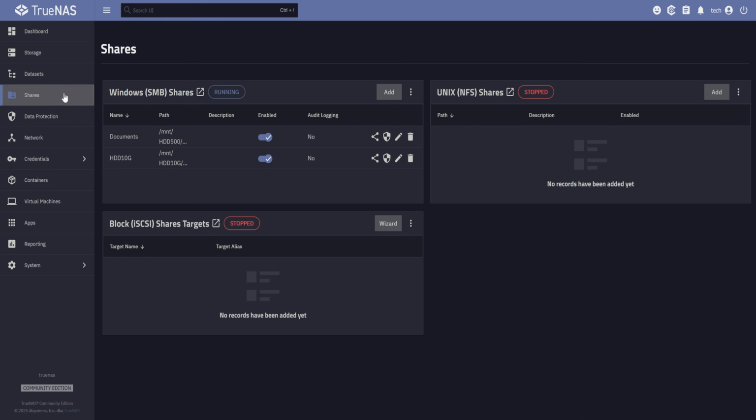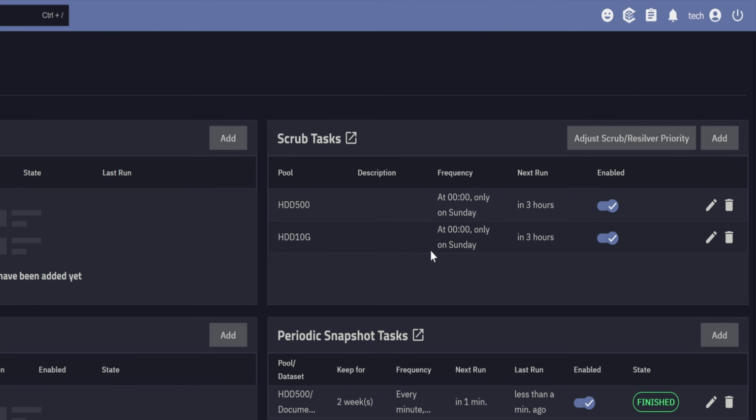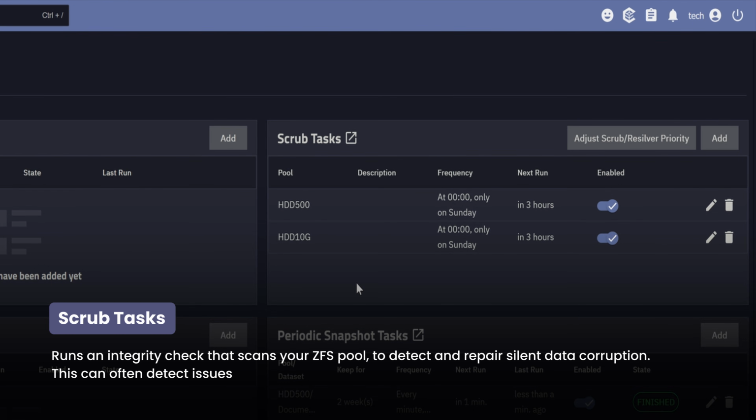Before I show you what to do when a disk is damaged, there's something important you should know. If we go to the Data Protection tab, here you can see a section for scrub tasks. And TrueNAS already added both of my storage pools here by default. What these scrub tasks do is they run an integrity check that scans your ZFS pool to detect and repair